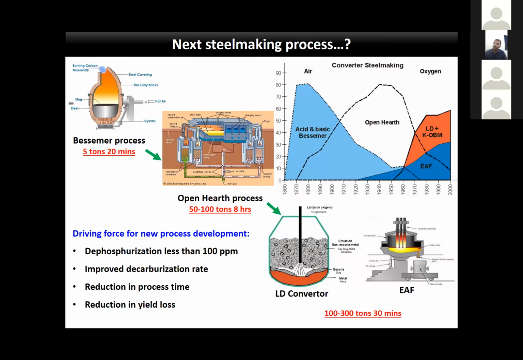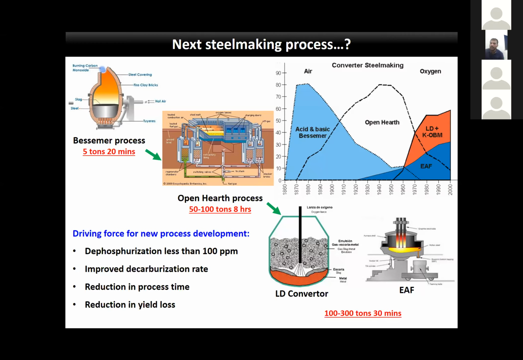If you save 1 minute, then you can get 1 additional heat in a day. And it is altogether 300 ton, or whatever the converter capacity, that much additional steel you will be producing by saving 1 minute in a process. Okay. So if this 30 goes to 29 or 28, something like that, you can take 1 extra heat in that day, so that your production can be increased multifold. Okay, so that's the beauty of steel making processes, if you do innovation in that.